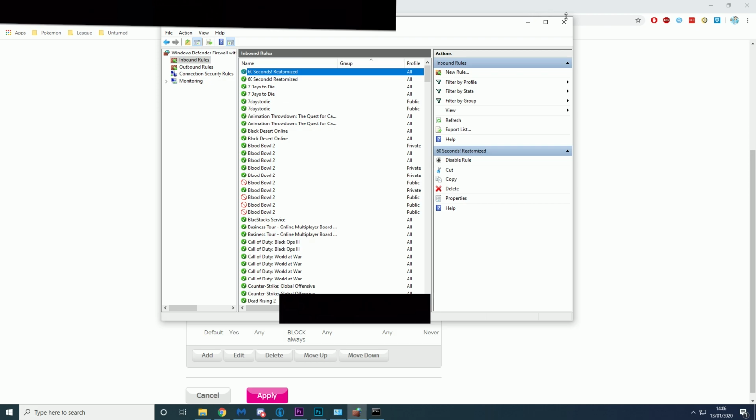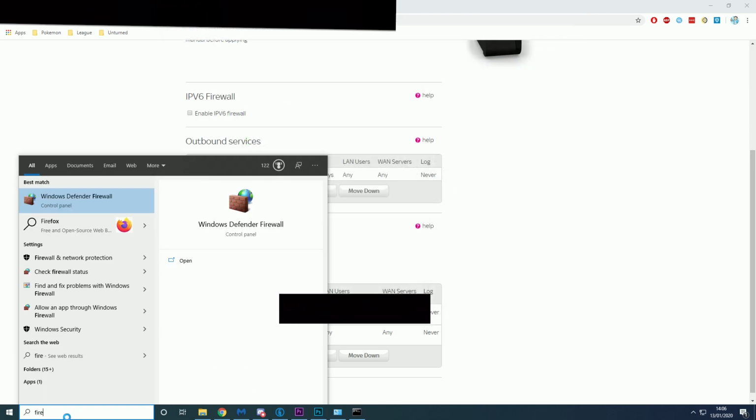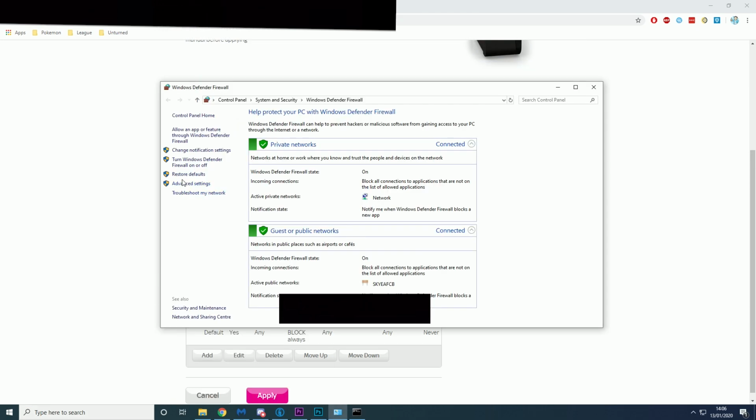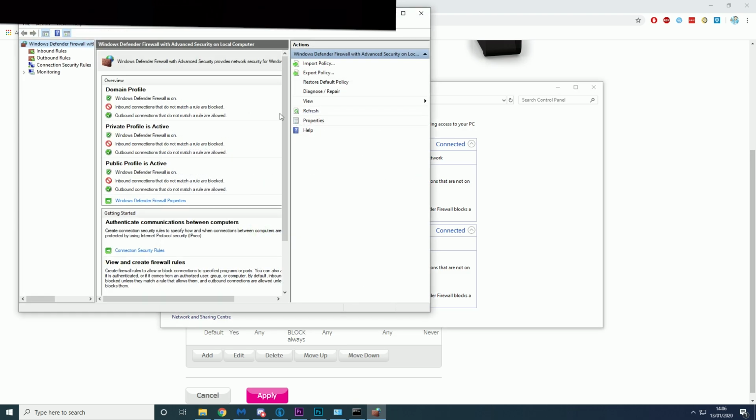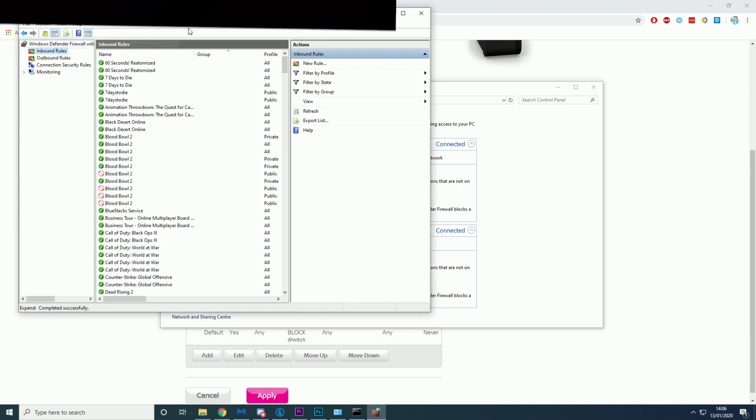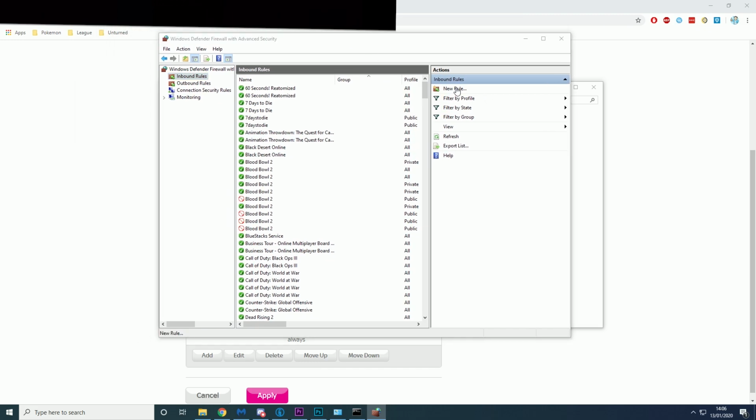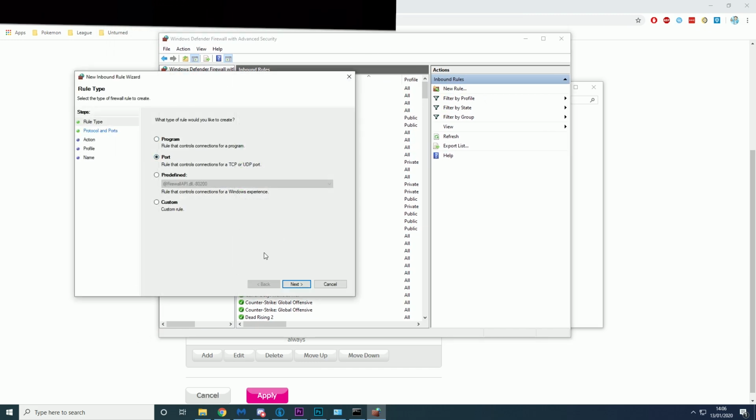So that's absolutely everything there for the router. Now the last thing we need to do is in the firewall. So if you don't know how to get here, you just type in firewall. You go to advanced settings, and then you go to inbound rules, and then we click new rule, go to port,